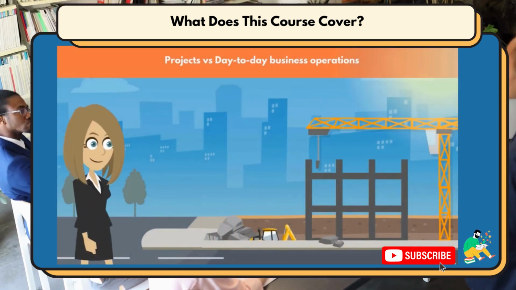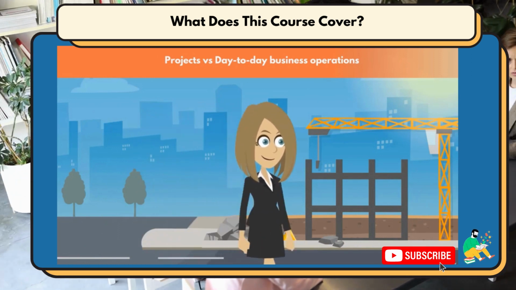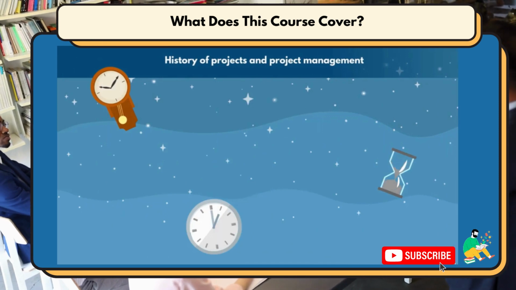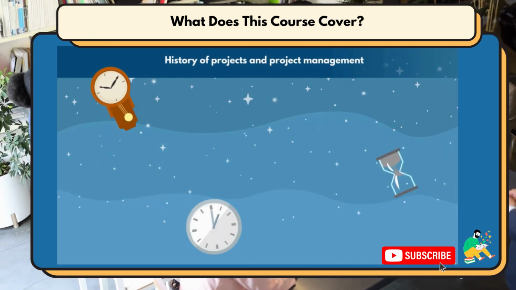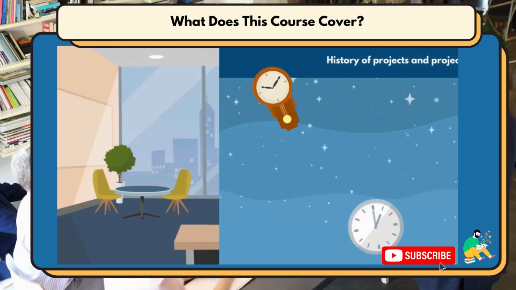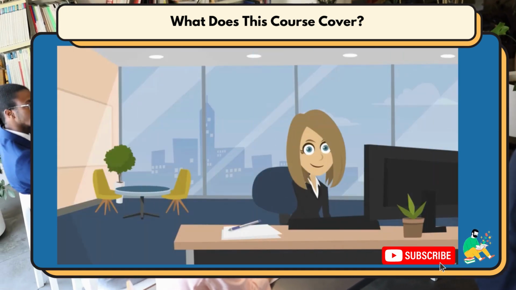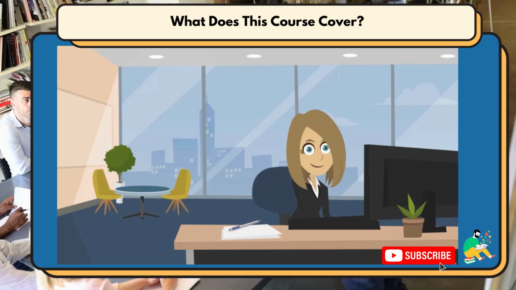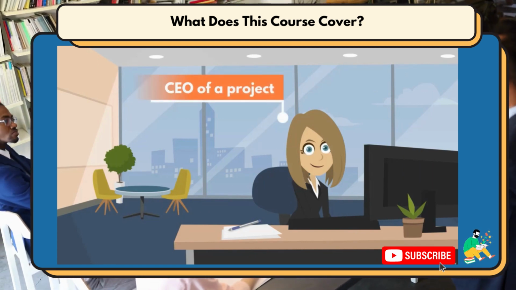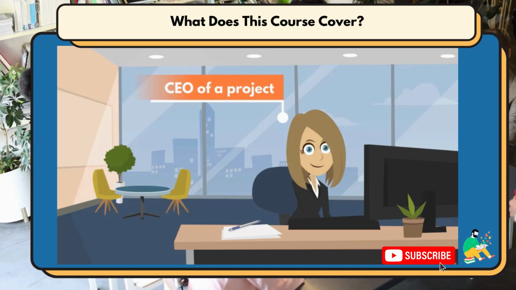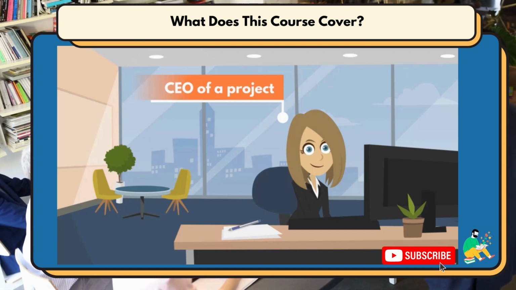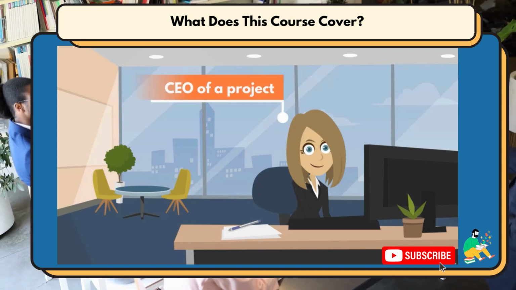First, we'll learn what the fundamental characteristics of projects are and how they differ from day-to-day business operations. Then, we will do a quick time travel and look at the history of projects and project management throughout the centuries. We will study the role of the most important person, the project manager, and see why they are called the CEO of a project. What should they be focusing on, and what skills do they need to develop? This part of the course is critical as it covers all key concepts and theory about the nature and purpose